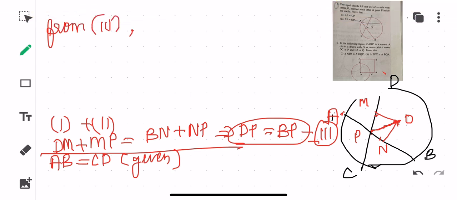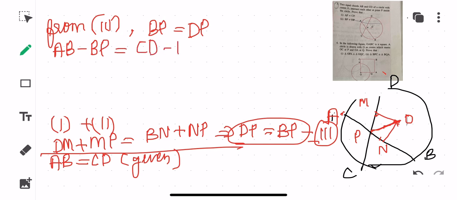You have DP is equal to BP, or else what you will do, children, BP you will be writing first, so that you get what we want. You write down BP is equal to DP. Okay, and then from 3, AB minus BP will be equal to CD minus DP. Just subtracting. So in the figure, if you look, AB minus BP is equal to what? This is equal to AP. So write down, this implies AP is equal to CD minus DP is equal to CP. So AP is equal to CP. So this is your first sub question. Okay, so we have solved the first one before and the second one afterwards.